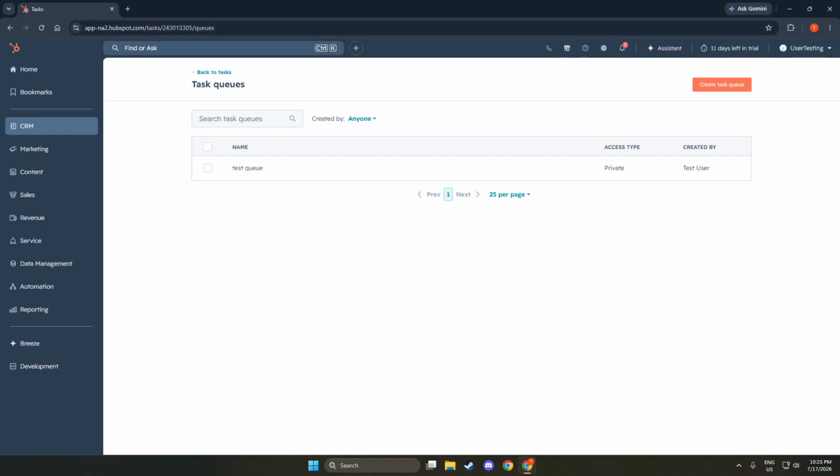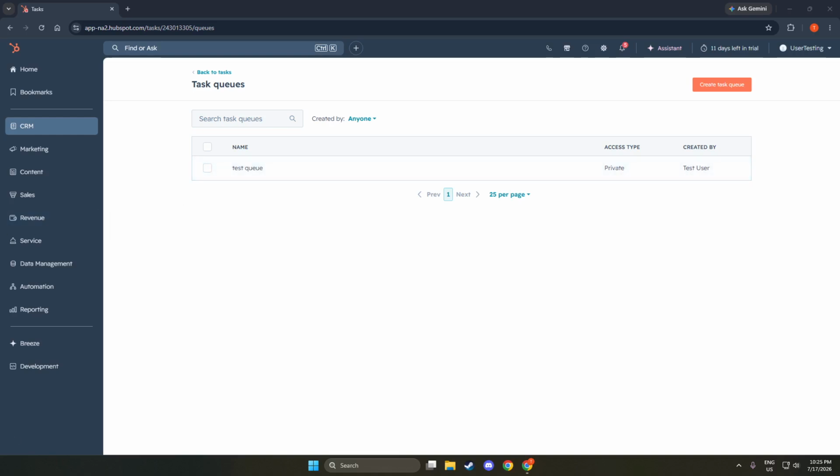Once you click on the drop-down, a list of queues will appear for you to choose from. From there, select the option called Manage Queues. Clicking on this will take you to a dedicated page where you can view all the queues you have set up. This page is significant because it gives you an overview of all your task groupings. You can easily identify which queues are active and which may need to be adjusted or removed.